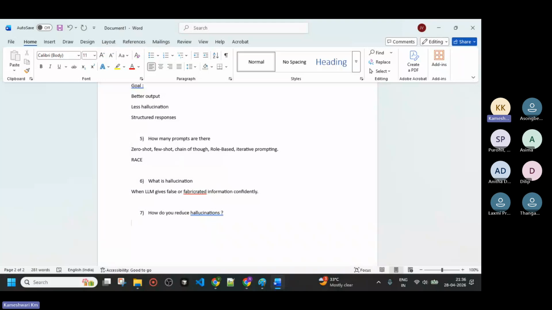So can anyone tell, we have learned how we are going to reduce hallucinations? You learned this in the online RAG session, by implementing RAG. Before that, what is the first thing we went through step by step to reduce hallucination? Proper prompting. Yes, exactly. The first one is better prompting. And as Dilip said, using RAG.